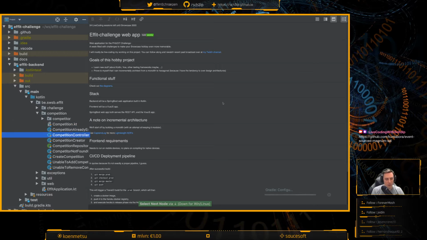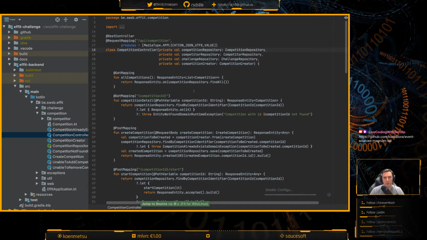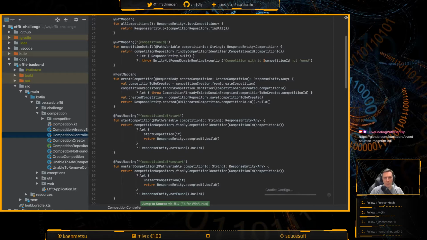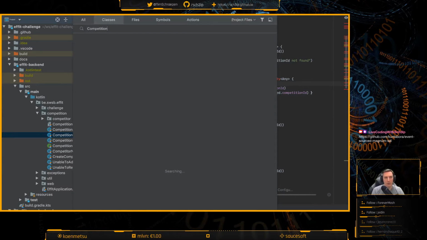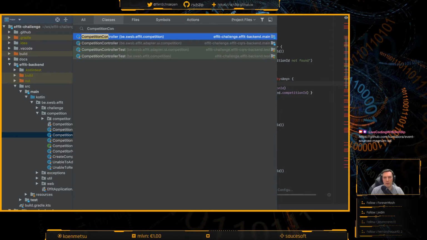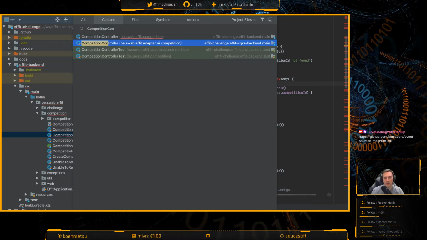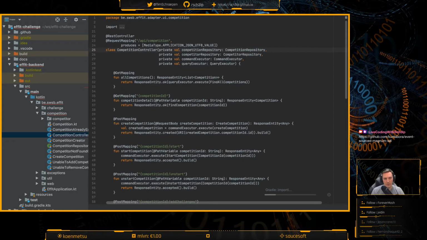Let's just open up the competition controller. So here's a post where not all of the logic, but most of the logic happens to be in the controller method itself. And if we open up the competition controller in the CQRS backend, you can already see it's in a different package.